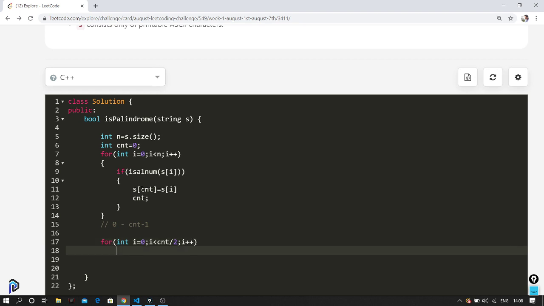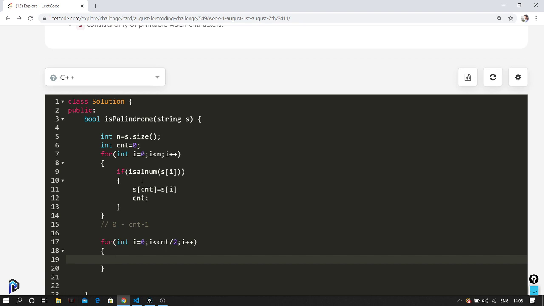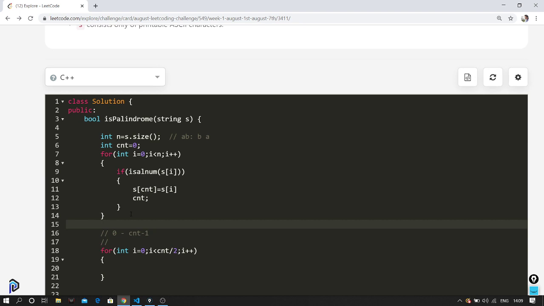So this is a for loop I'm going to run till half of the array. Let's say the array is, initially, something like A, B, colon, space, B, space, C, B, A. So something like this would be there. After this for loop, the first four indexes would be A, B, B, A, and the rest of them would be some garbage. We need not consider that. This would be the first four values, so we have this range.